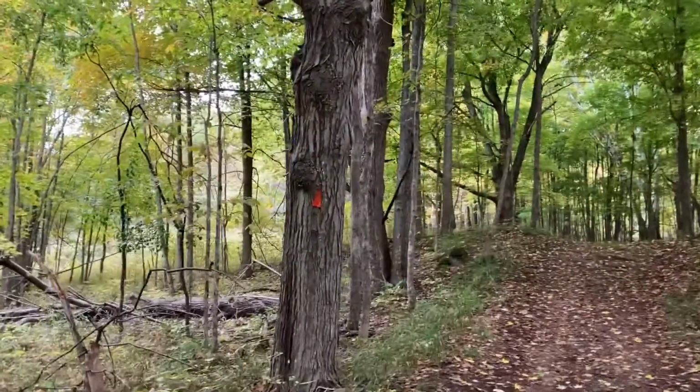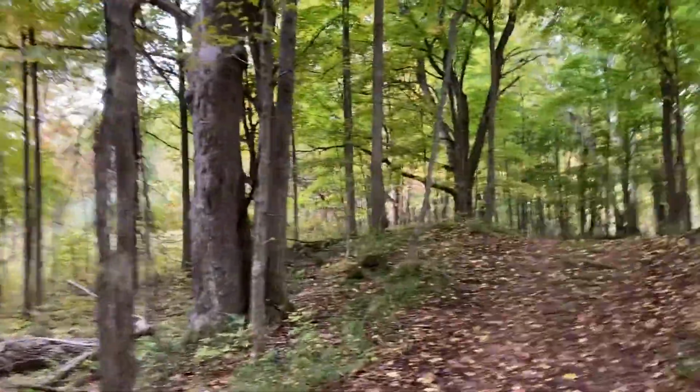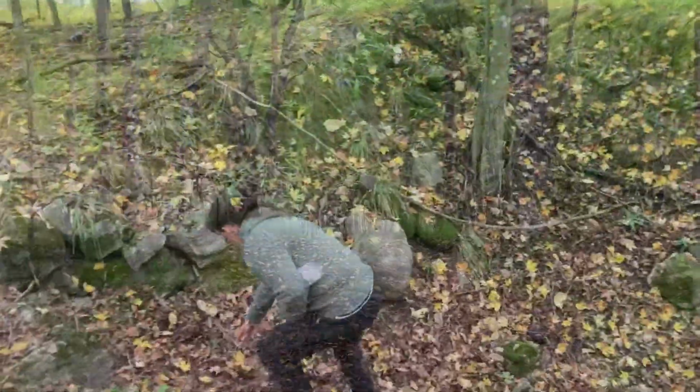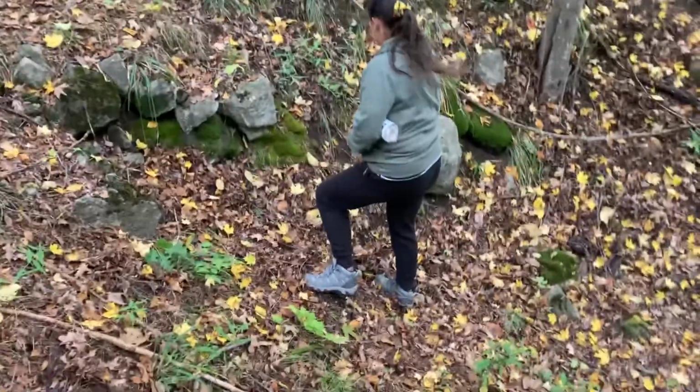Back on the Rideau Trail, back to Ottawa, or back to Murphy's Point. See you at camp. So on our way back from the McFarland House, we come across another foundation just off